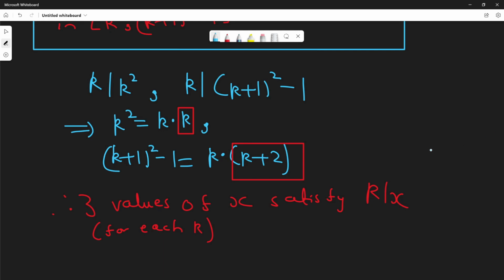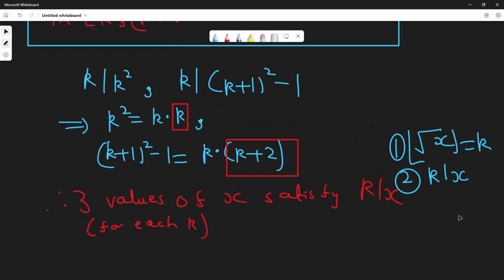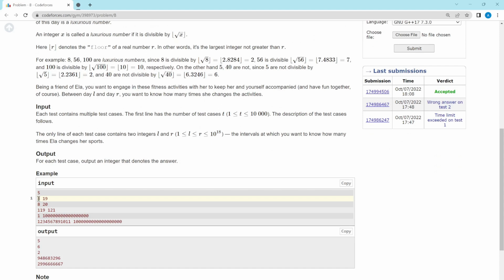The first condition is that the floor of the square root of x should be k. And the second condition is that k should divide x. So there are only 3 numbers which satisfy these 2 conditions both. And now what is left is to figure out all the possible values of k, and we know that for each value of k there are going to be 3 values of x. So basically we need to go through the values of k in this interval and figure out how many k's are there, and for each k there are going to be 3 values of